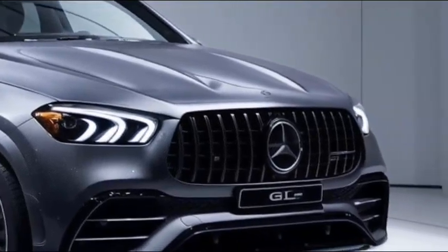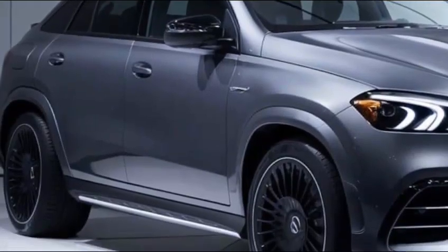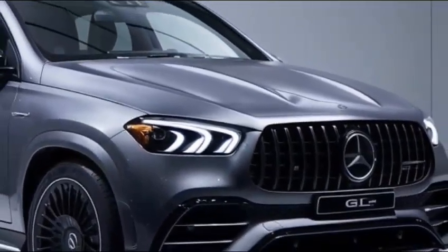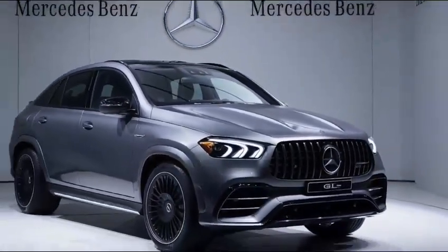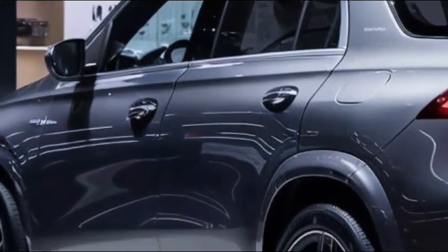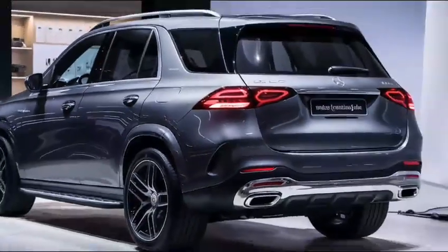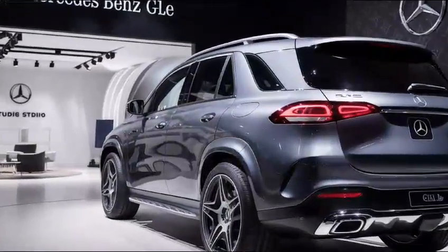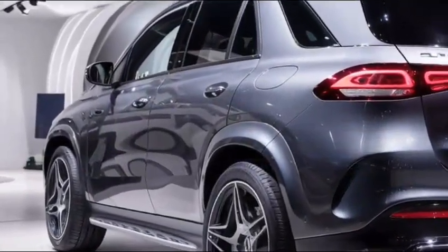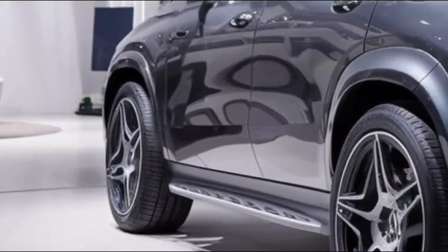When it comes to safety, the 2025 GLE is packed with advanced driver assistance features that prioritize security and convenience. Standard safety technologies include adaptive cruise control, lane keeping assist, blind spot monitoring, and automatic emergency braking. The enhanced parking assist system uses a 360-degree camera to make maneuvering in tight spaces effortless. Night vision assist is also available, helping detect pedestrians and animals in low-light conditions. Mercedes-Benz's semi-autonomous driving technology adds another layer of convenience, allowing for hands-free driving in specific situations while ensuring safety remains